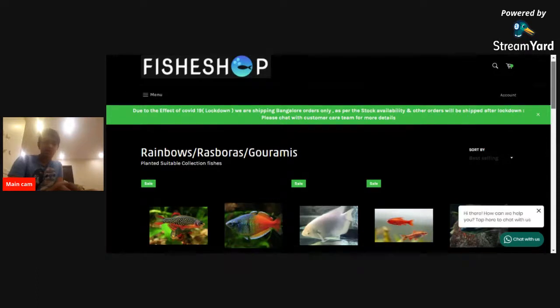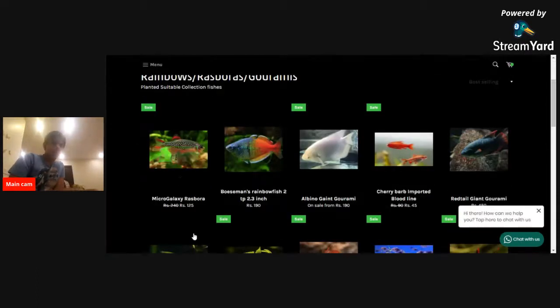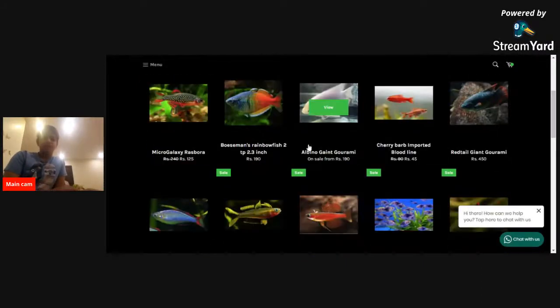So some celestial pearl danios or galaxy rasboras. Definitely not, they'll get eaten. And they're way too expensive. Osmani rainbow fish is an option, but I'm not really sure. Then giant gourami, they might be really big, but I will definitely be able to keep them. But they're not really Amazonian, but I'm not looking for it to be a true Amazonian biotope, just to replicate